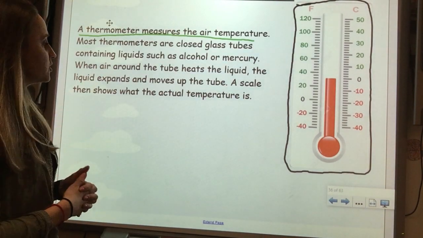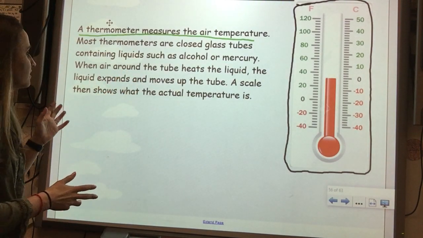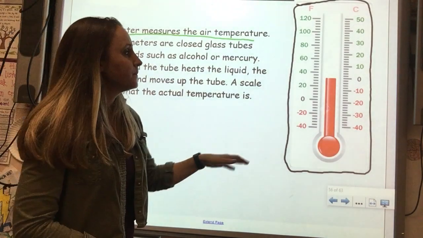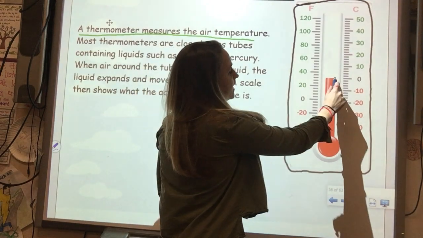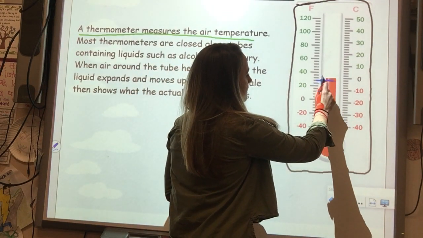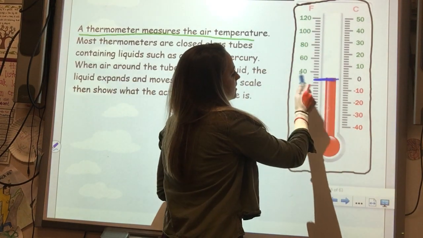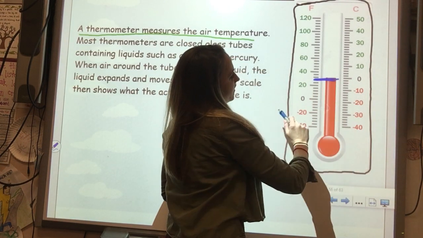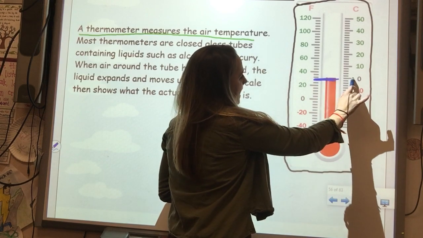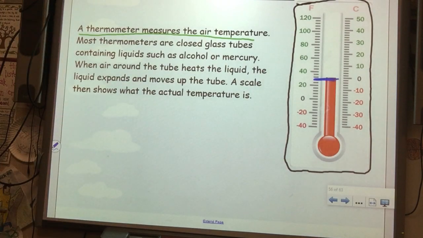When the air around the tube heats the liquid, it expands and moves up the tube. A scale then shows what the actual temperature is. So if you look at our thermometer over here, the way that you would tell what temperature it was is you would see how high up the liquid went, okay? And in the United States, we use Fahrenheit. So this thermometer is showing about 30 degrees Fahrenheit, 32 maybe, and 0 degrees Celsius, which would be the freezing point. So on your notes page, we're going to put